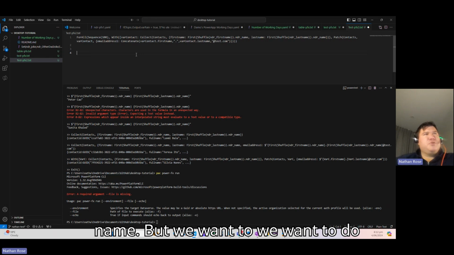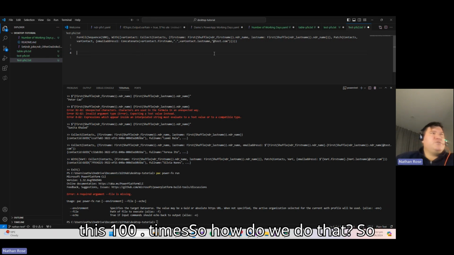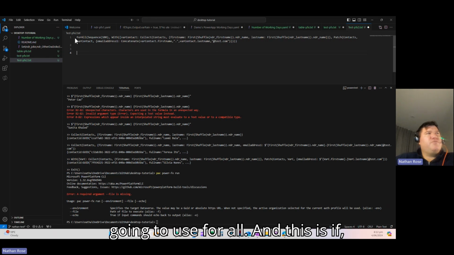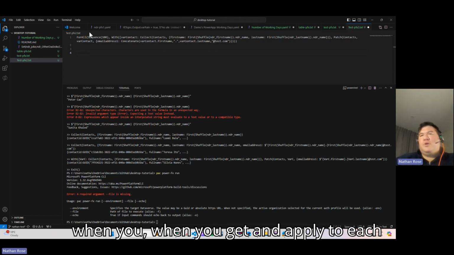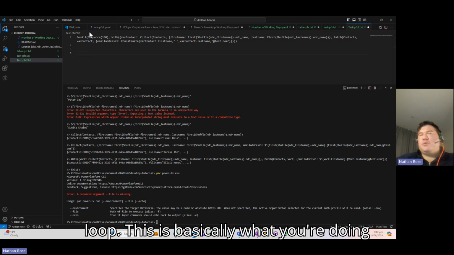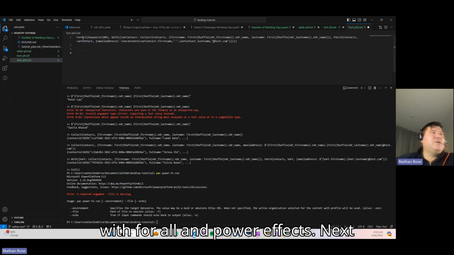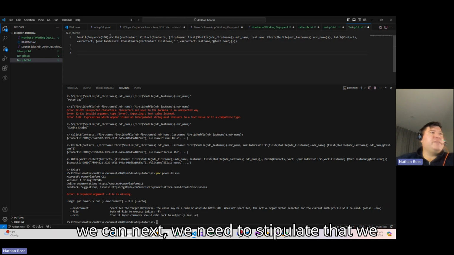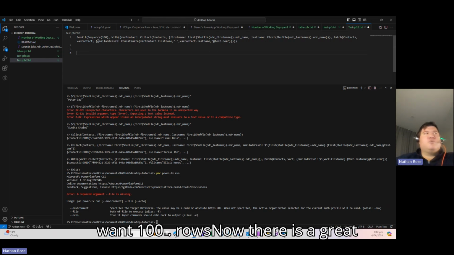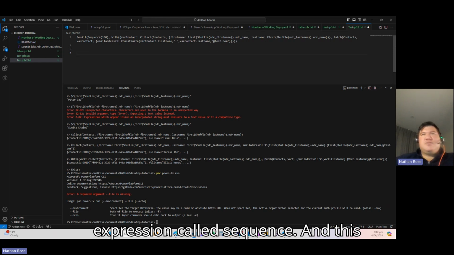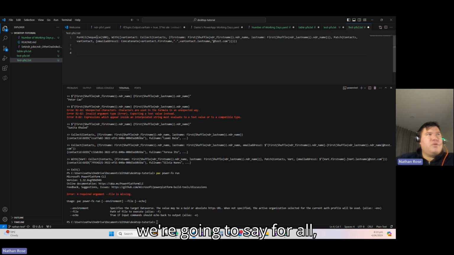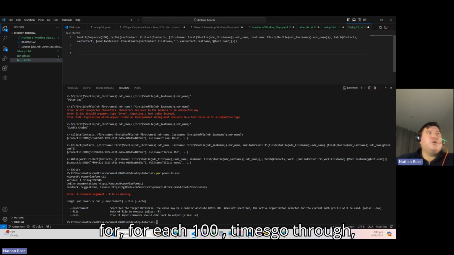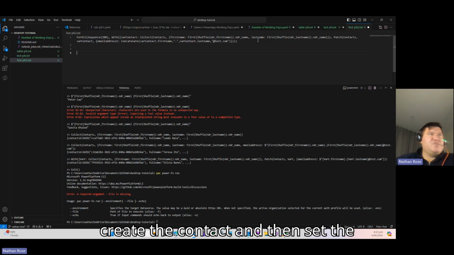But we want to do this 100 times. So how do we do that? So at the start of our expression, we're going to use ForAll, and if you're used to working in, say, Power Automate, this is basically looping. When you get an apply to each loop, this is basically what you're doing with ForAll in PowerFX. Next we need to stipulate that we want 100 rows. Now there is a great expression called Sequence, and this allows us to say, do this 100 times. So we're going to say ForAll, for each 100 times, go through, create the contact, and then set the email